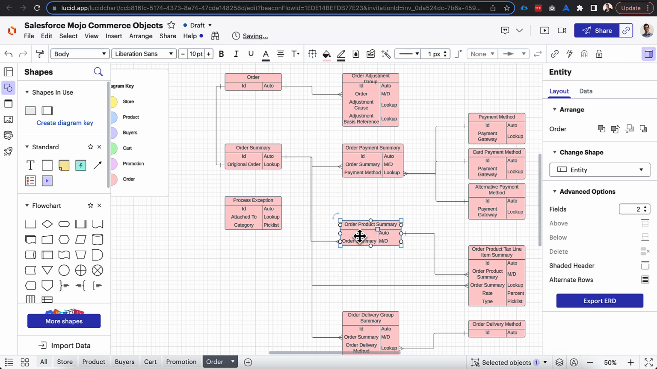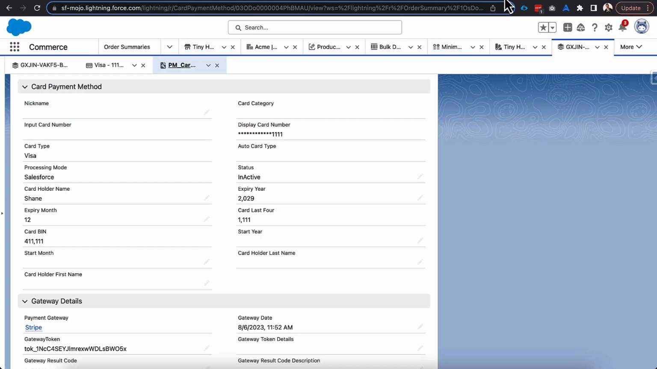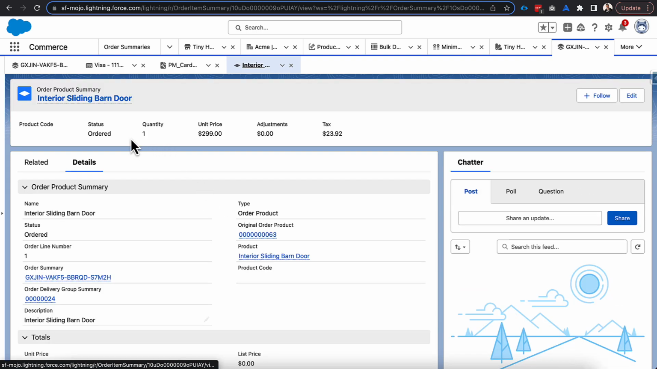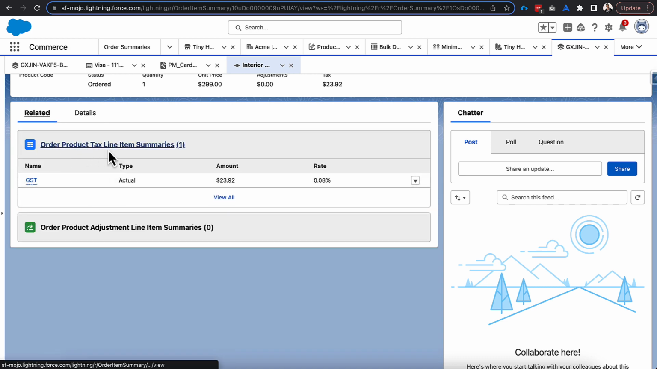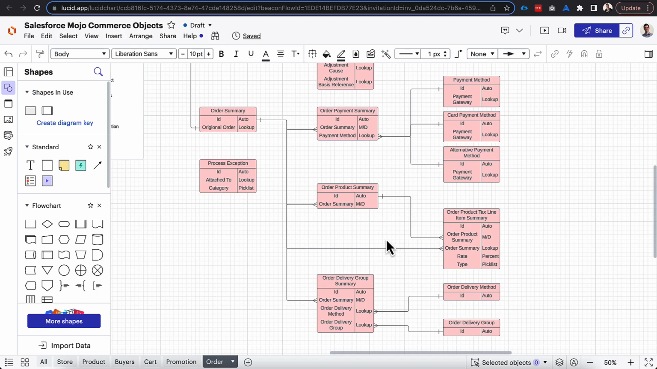And this order product summary is exactly what it says. It's this record right here when it comes to all of the products that you're purchasing. It talks about quantities, the amounts, the adjustments, and you can see that it's related to tax items in here, and also adjustment records as well, which I have not noted in the Lucidchart because that is really